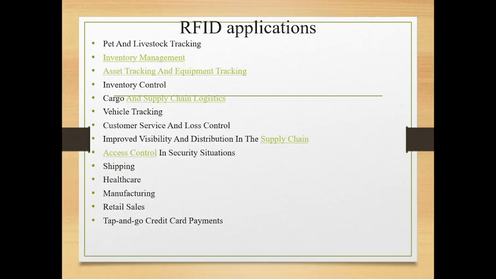And the next one is asset tracking and equipment tracking methods, inventory control methods. And the next one is vehicle tracking. When we move from one place to another in business, we have to track the vehicles. Also supply chain logistics methods, shipping, healthcare, manufacturing, and retail stores. And also, the last one is the credit card system. We have to identify the process of this